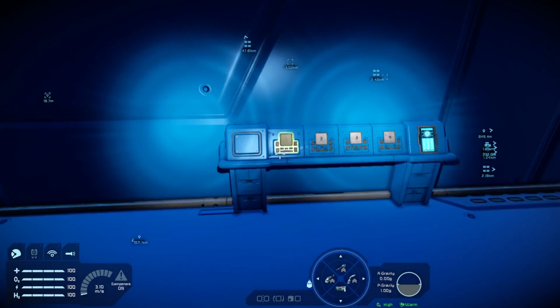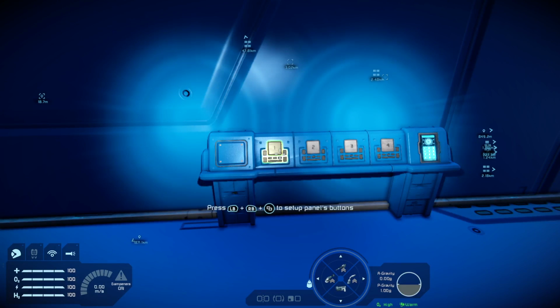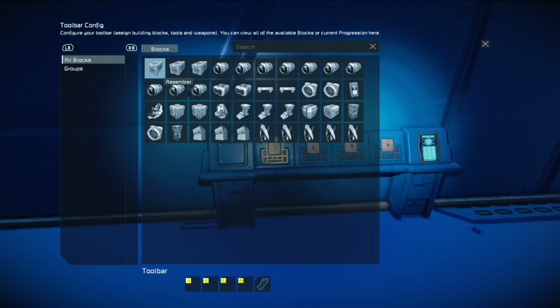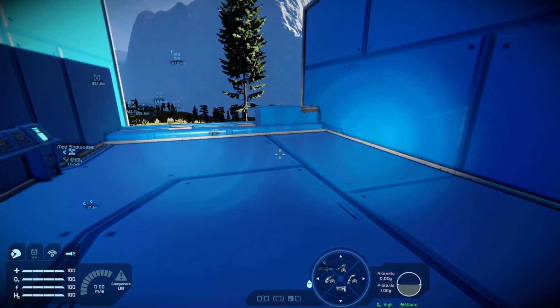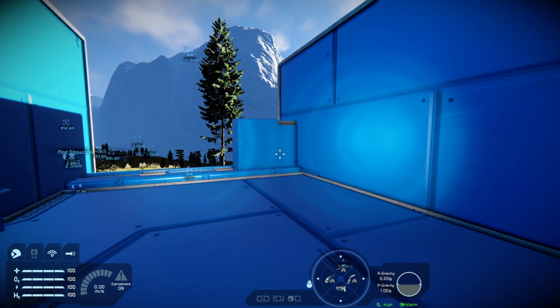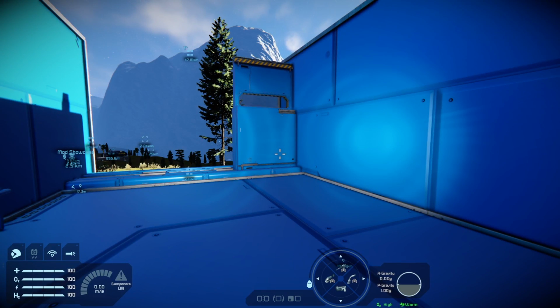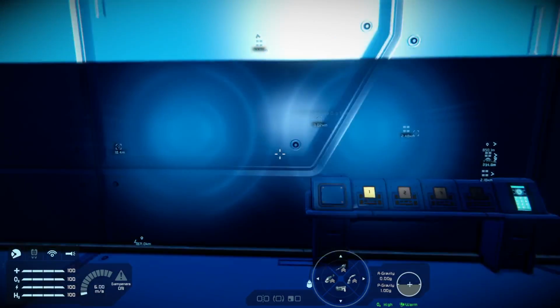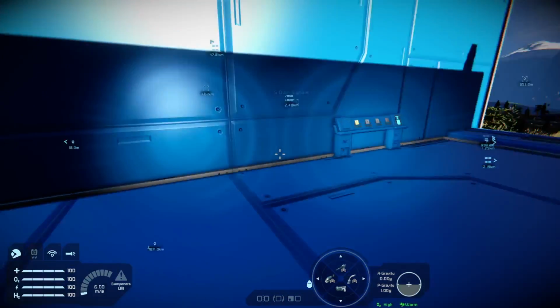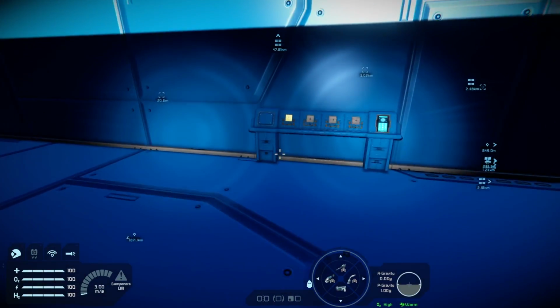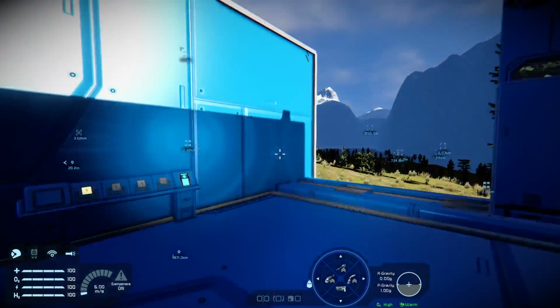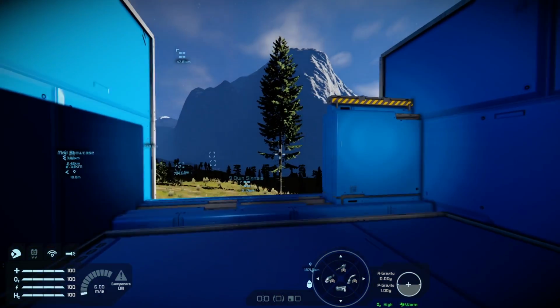Now, normally, most people will just do this. Press X on the button panel, and they'll go to a hangar door, and they'll put that hangar door on open/closed, and you can activate one hangar door. And I've seen people new to the game put every single hangar door on a button panel, and there's several button panels in a row along a wall, and yeah, it works, but there are easier and definitely better ways of doing it.